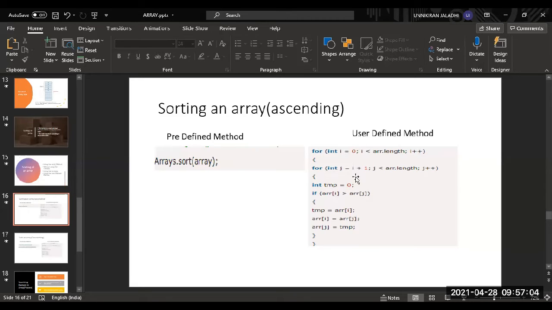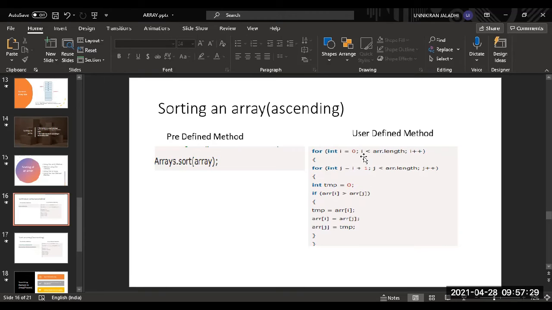So don't forget, because a for loop inside a for loop is a very good technique for accessing elements. Inside this we have a temporary variable. We declare and initialize a temporary variable, and we say to swap if this particular array element is greater than the one at j.